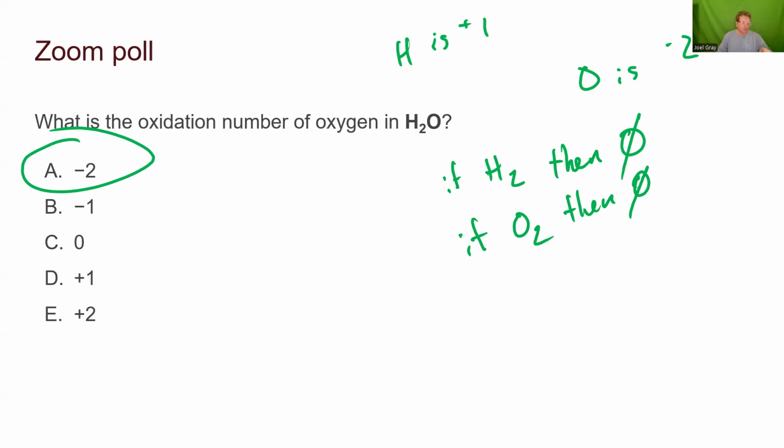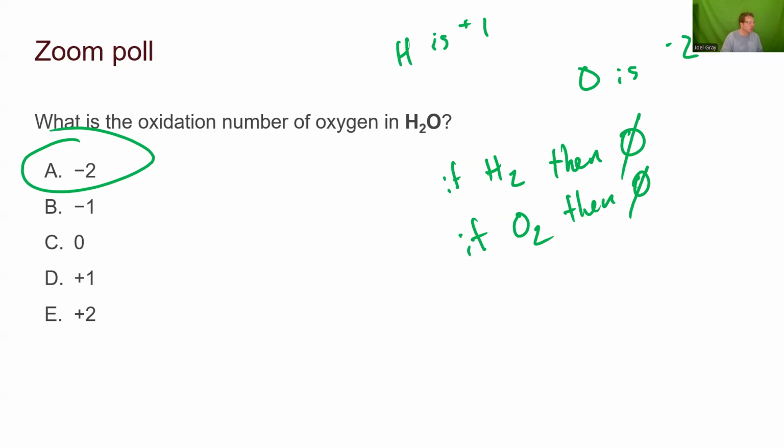Okay, now, can I get a Y or an N if you're feeling all right about oxidation numbers and charges? Can I get a 1 if you want to see another example, or a 2 if, no, let's go. Okay, cool. Let's do one. H is +2. Keep in mind, though, there's 2 of them, so each of them are +1.